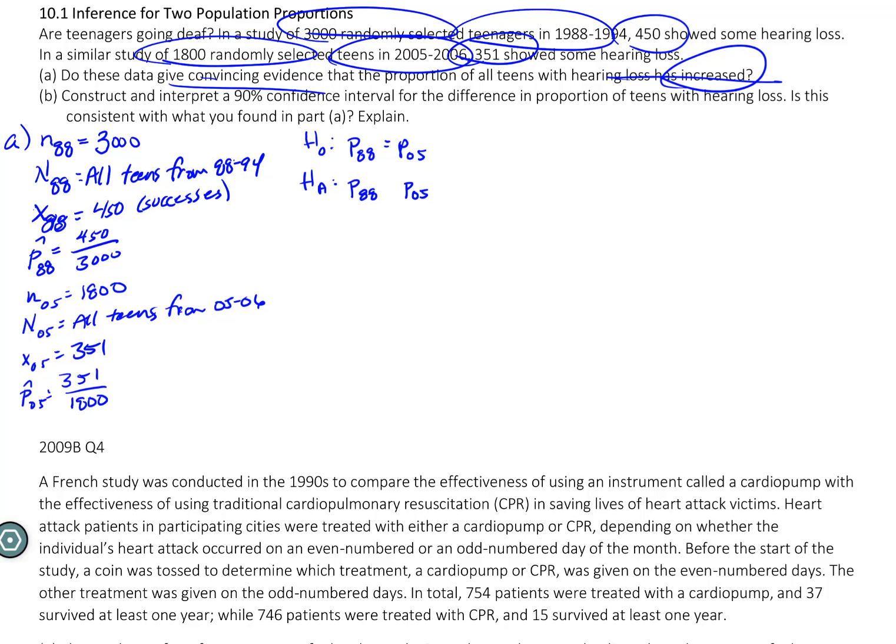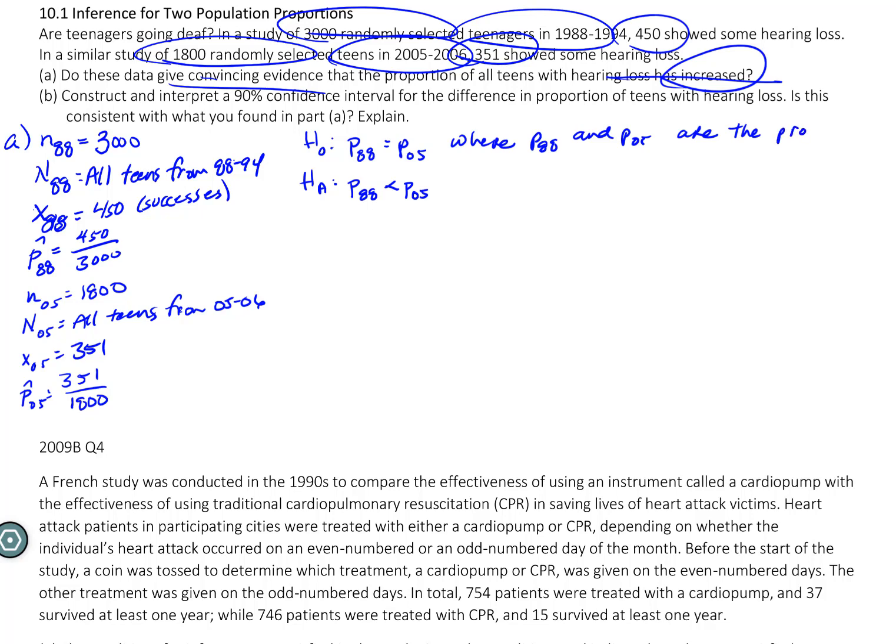So that means we actually have to look at it in this way, that the P of 05 is going to be greater than that of P of 88. Well, what are P88 and P of 05? This is where, again, it is essential that we actually define these parameters. So we have to write this out, where P sub 88 and P sub 05